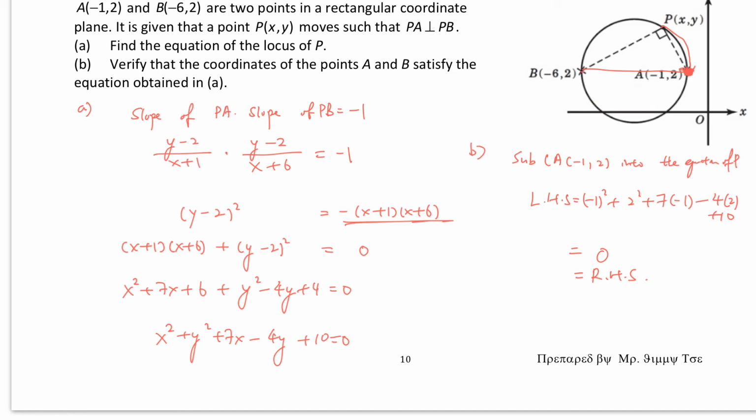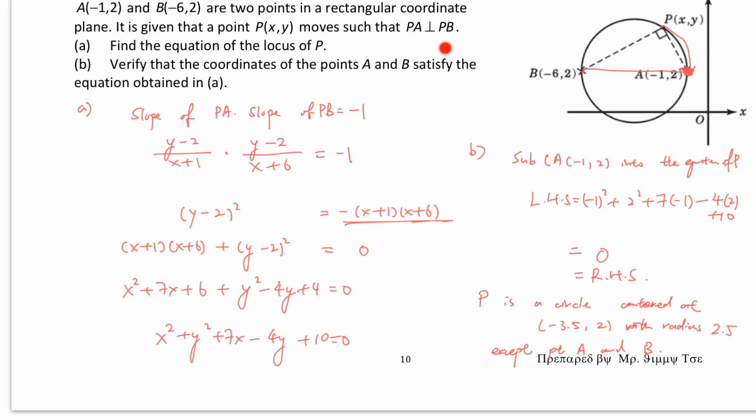If we use a sentence to describe it, we can say P is a circle, center at maybe (-3.5, 2) with radius 2.5, except points A and B,